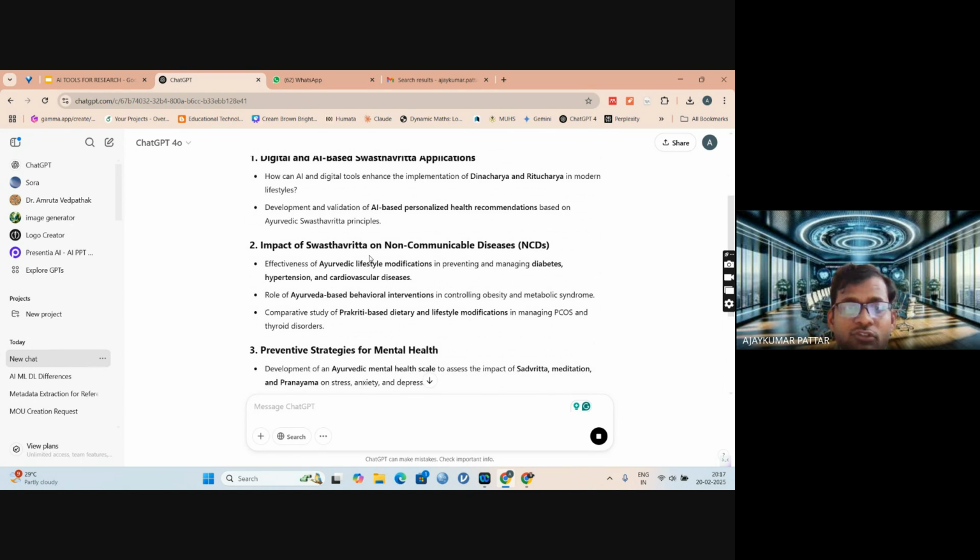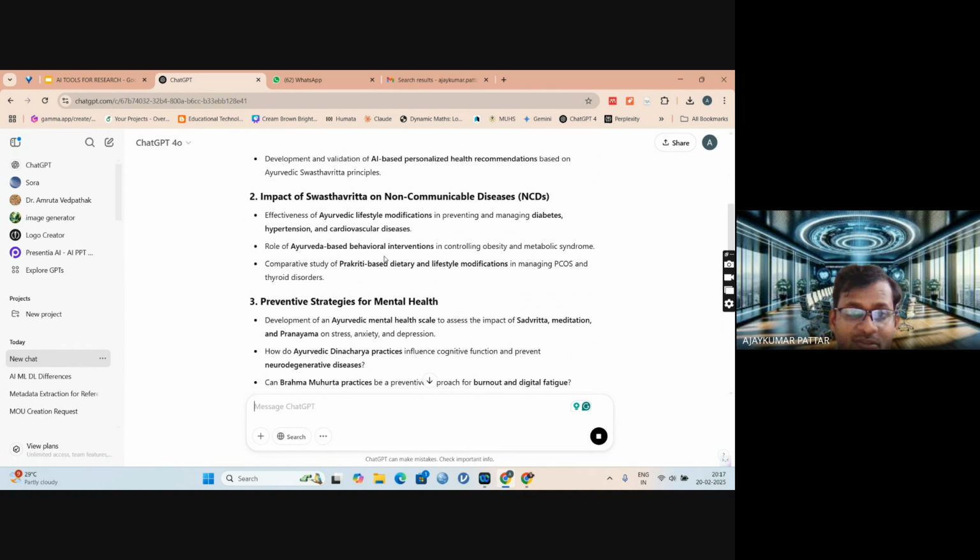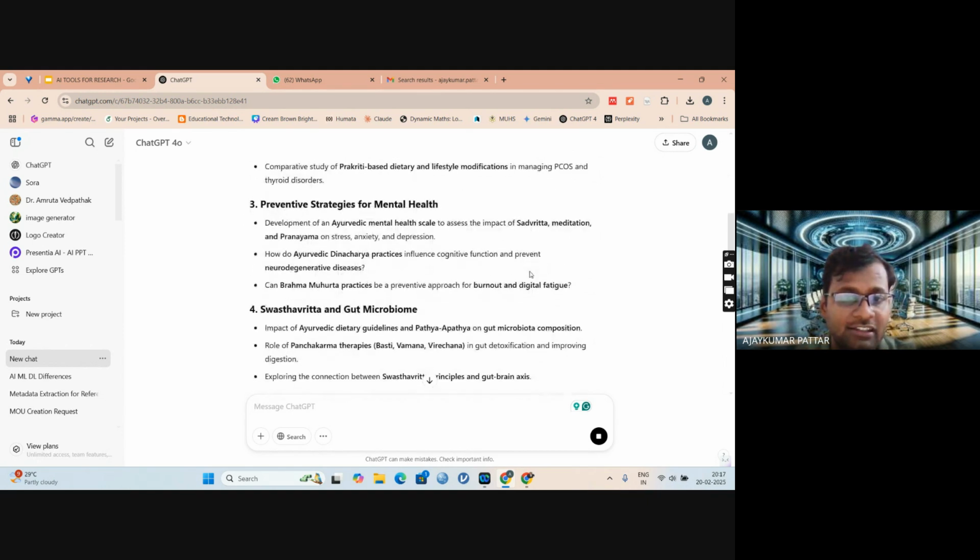And the impact of Swastavritta on non-communicable diseases: effectiveness of Ayurvedic lifestyle modification in preventing and managing diabetes, hypertension, and cardiovascular diseases; Ayurveda-based behavioral interventions like Sadvritta and lifestyle to control obesity and metabolic problems; Prakriti-based dietary and lifestyle modification in managing PCOS and thyroid disorders; and preventive strategies for mental health.